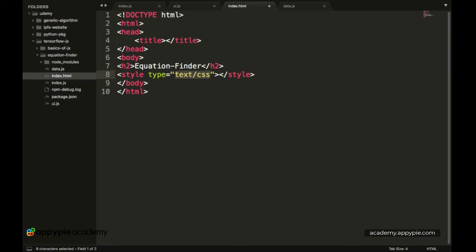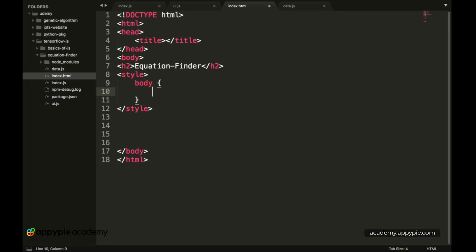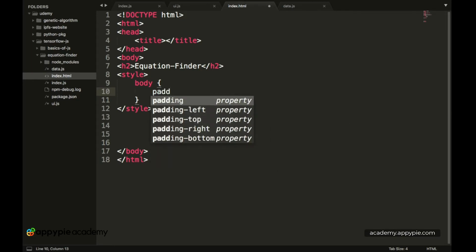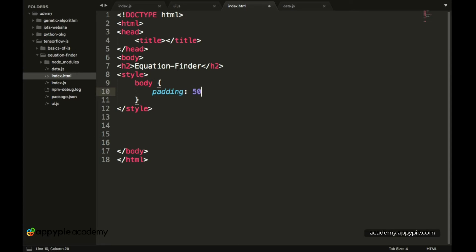So we have style, and now we have to put in the style as we go on adding more elements inside our HTML. Okay, so now let's start adding elements in our HTML. At the very first stage we have to add style for our body element. So over here the first style is for body, and we have to put in a padding on all of the sides, which is some space left from the margins on all of the sides. So we have padding, and this is 50 pixels.